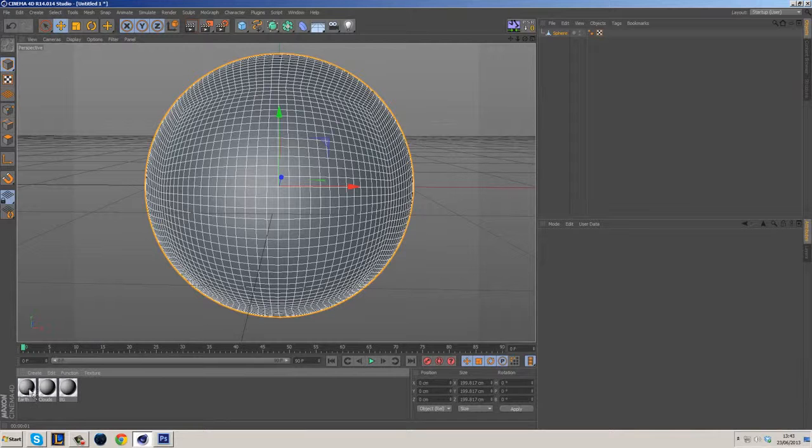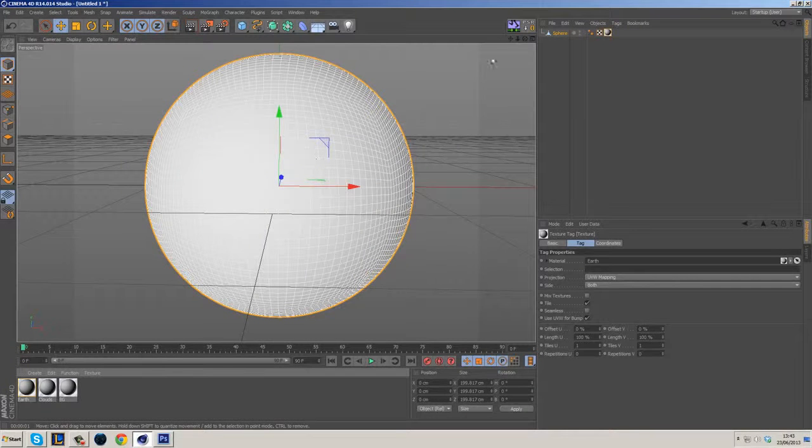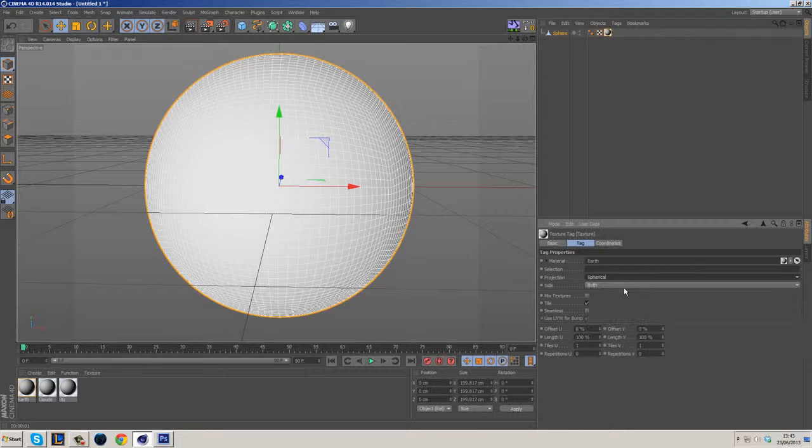Okay, so the first one we're going to grab is the Earth. I'm going to drag and drop it onto this sphere. Now, we can't see anything in the viewport because we don't have a texture, but one of the things that we need to do straight away is go to the actual material tag and change the projection of the UV mapping to spherical. We also need to change, this is my personal way of doing it, but I put the offset to 125